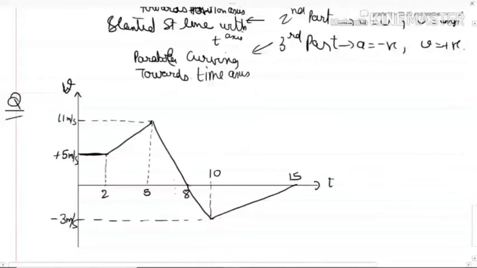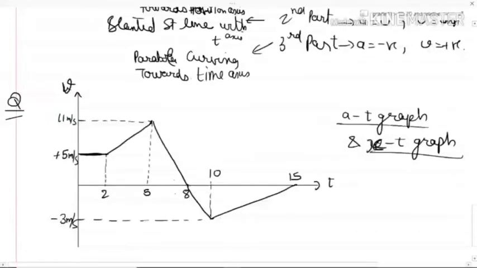Anyways, this is the graph given to you guys. Let's not make it 10. Let it be 10, it doesn't matter. So this is the velocity time graph for you. The final thing is you need to draw the acceleration time graph and the position time graph. Please remember, if you want to draw the acceleration time graph and the position time graph,